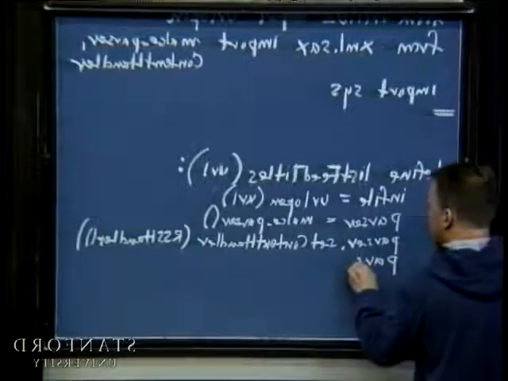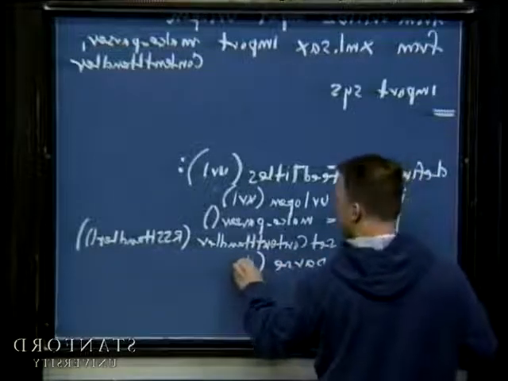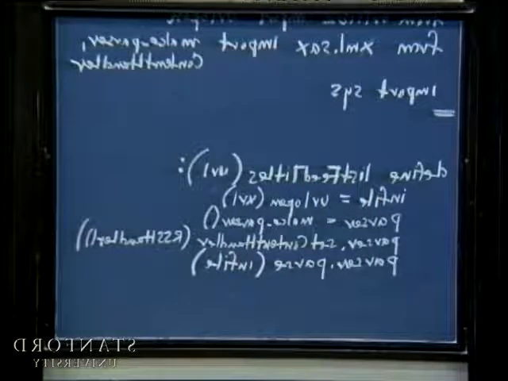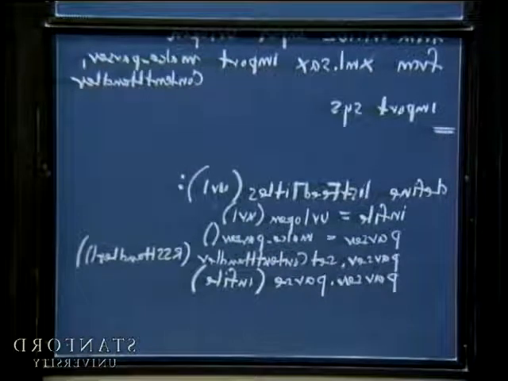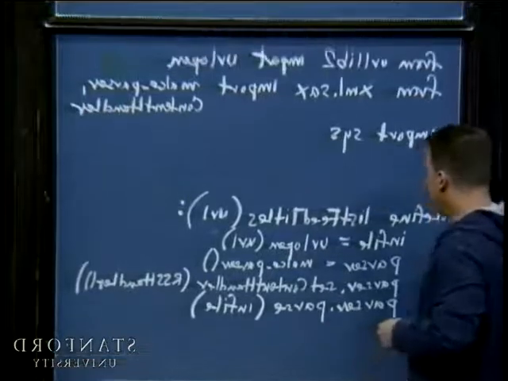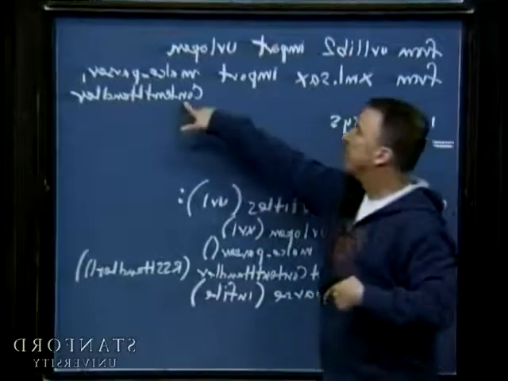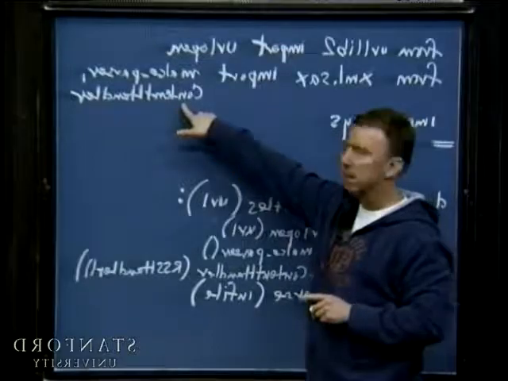Then I want to do this. Parser.parse in file. So the only two methods that you need to rely on being available to your parser is the set content handler. You don't have to call it, but then your parser wouldn't do very much. And the parse method, which is kind of the method you would expect to send to your parser object. Okay? If I don't call this, the thing that's installed by default is an instance of one of these things. Okay? Let me just show you what the implementation of content handler looks like.